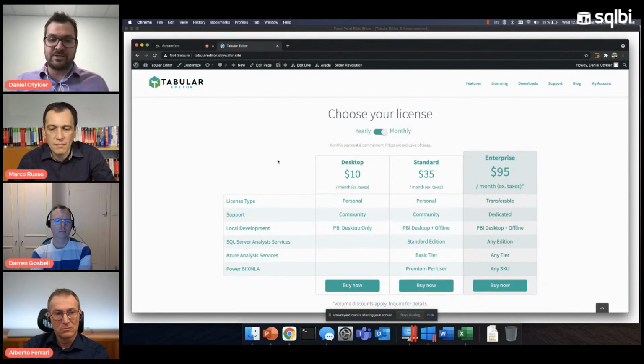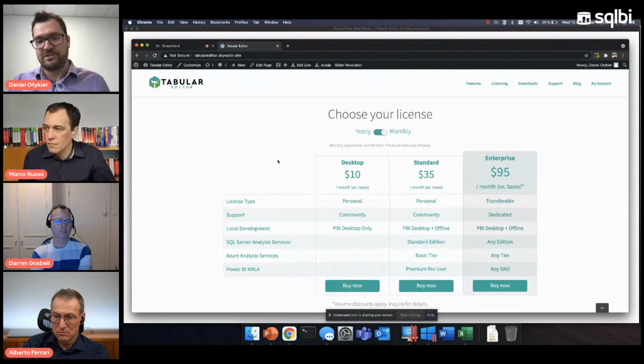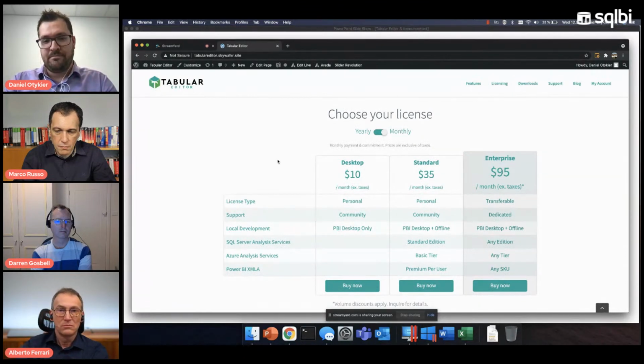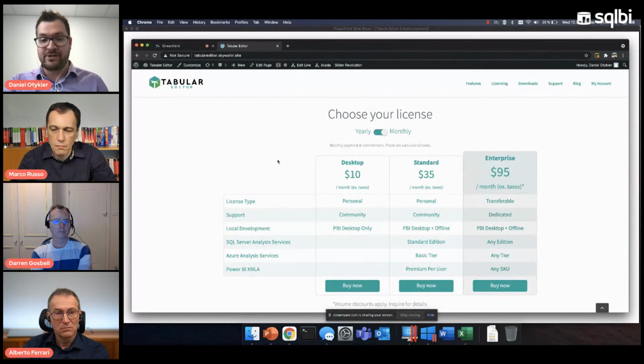So if you're a large organization that builds huge tabular models used by tens of thousands of users, then the value of having a tool like Tabular Editor is much higher than if your models are only ever being used by 5 or 10 people. But of course, since we cannot really create a pricing model that takes into account how many users of your Power BI reports or your data models you have in your organization, then we had to set the pricing somehow.